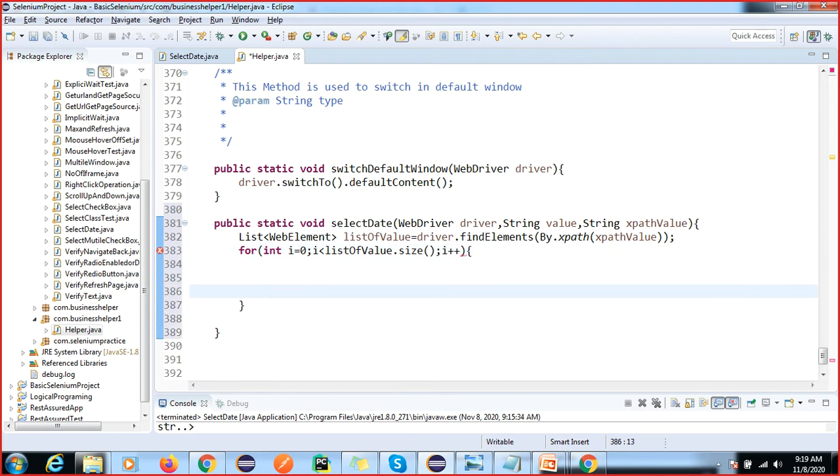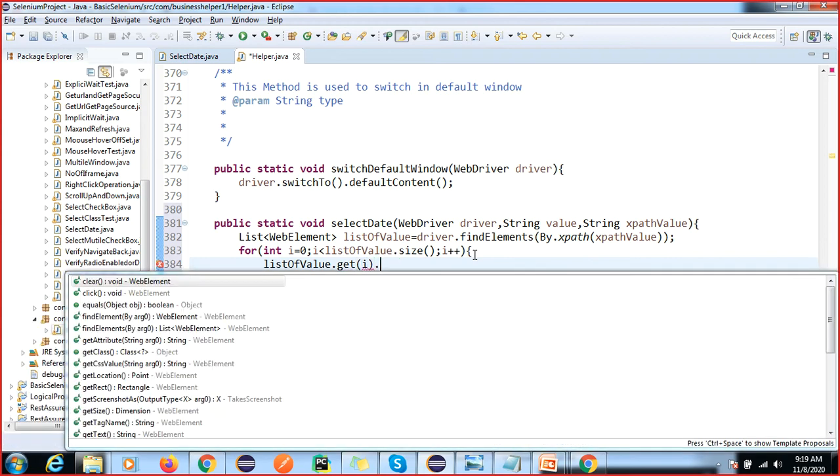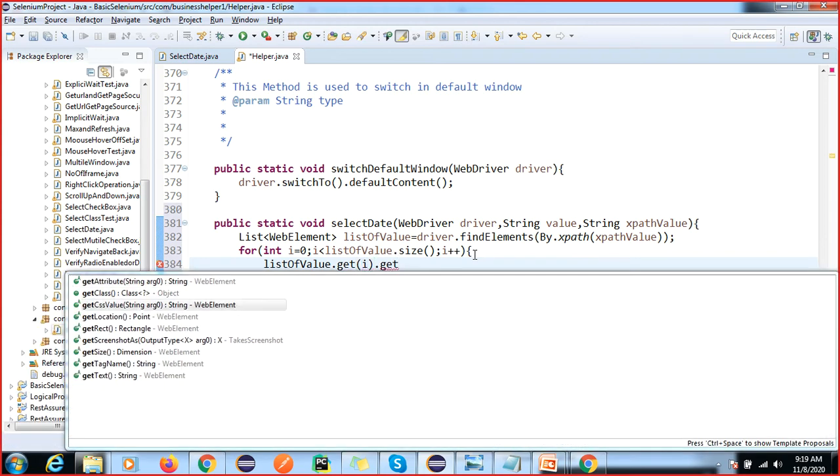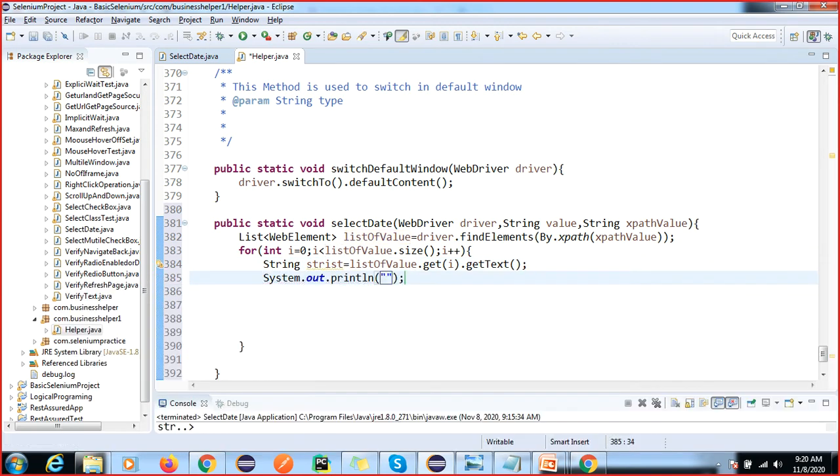Now what are the other steps? First you have to capture all of this, so we capture it like get of i dot getText. It will return a string value, a string str or list or anything as per your choice.